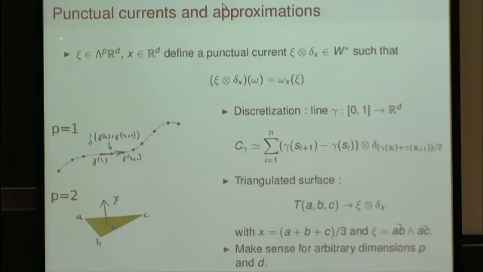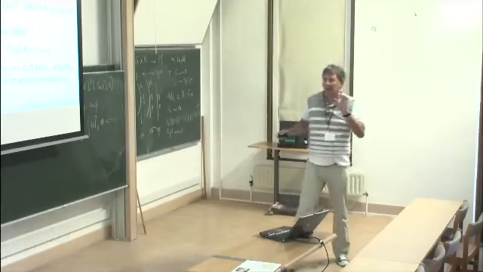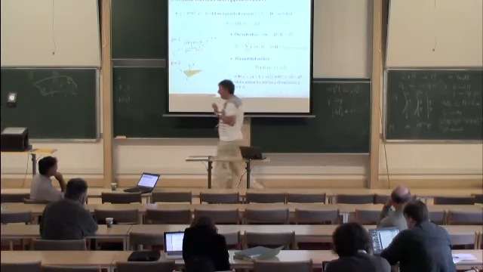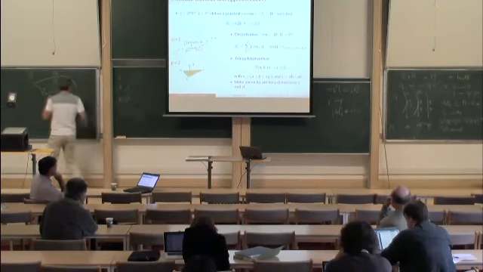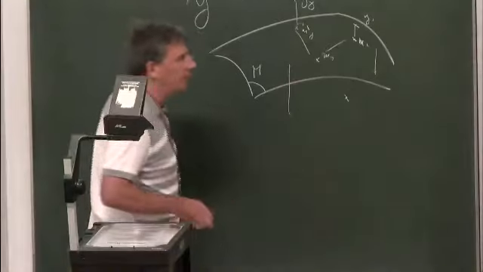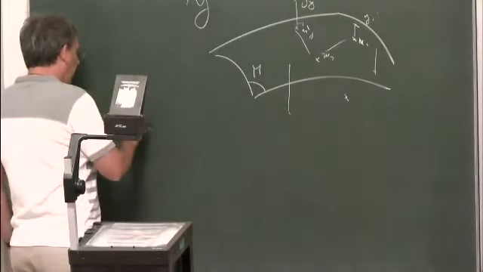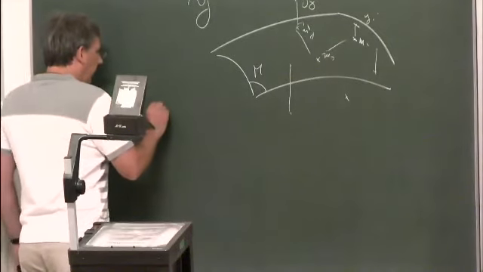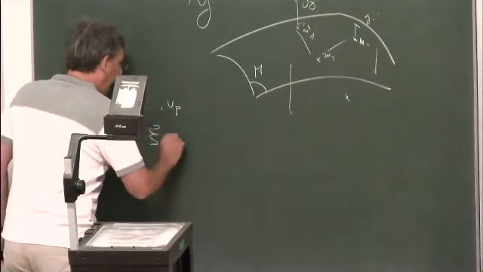So you take psi, which is a p-vector. A key element to understand for people who are not familiar with p-vectors. I was not familiar with p-vectors when I started. So if you have V1 to Vp,